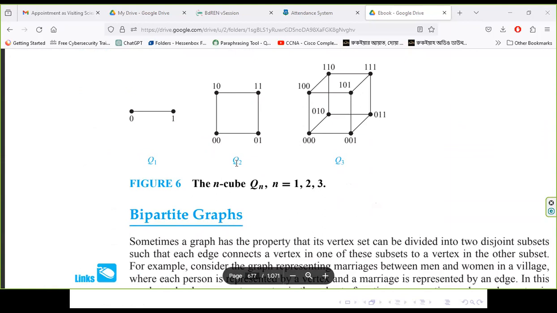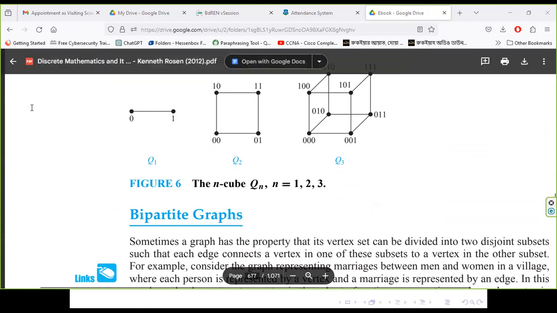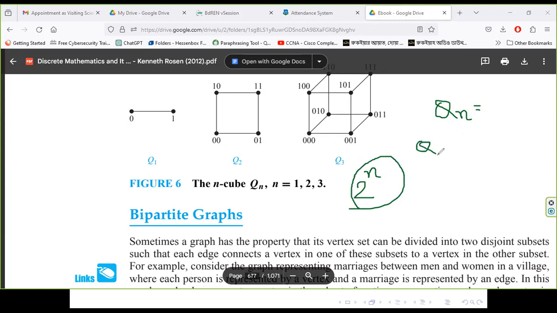স্যার, n কিউবস এর এইটা আরেকবার বোঝালে ভালো হতো। n cube এর ফর্মুলা হচ্ছে 2 to the power n। মানে তোমাকে যদি বলা হয় যে Q n এর গ্রাফ আঁকো, তাহলে কিভাবে Q n এর গ্রাফটা আঁকবা? মানে কতগুলো নোড লাগবে? নাম্বার অফ নোড হবে 2 to the power n।